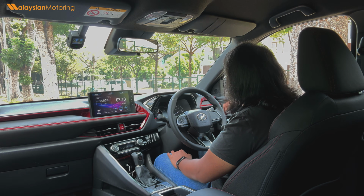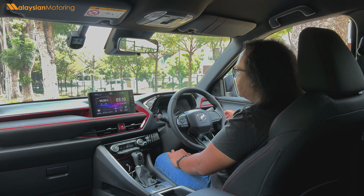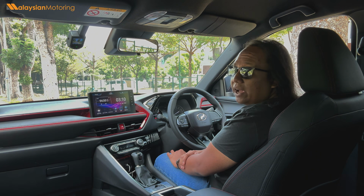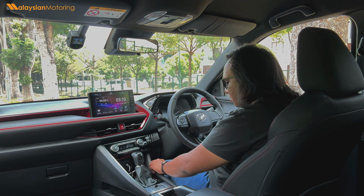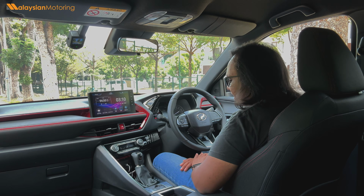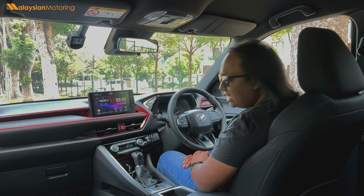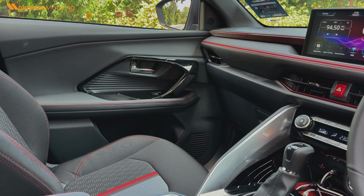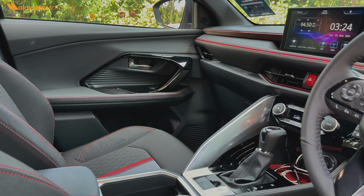It's only this sort of little bit here that's a bit harder and scratchier, but then again, this is a place that's expected to have to handle a lot of wear and tear over the years. Even this here is soft touch, which means that when your knee rests against it or bangs against it over a long distance journey, it's not going to hurt. That's nice. Now beyond that, everything in here feels like a Perodua or sort of like a Toyota, for better